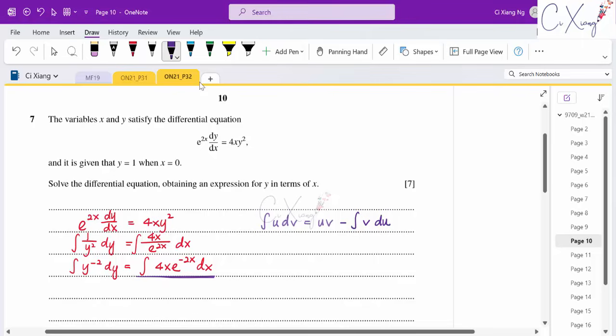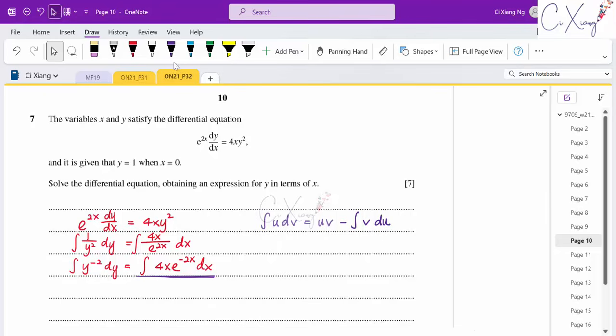To apply the integration by parts formula, you need to identify which one is u and which one is dv in your question. You have to identify which term will be my u and which term will be the dv so that I can apply the formula. To decide u and dv, there's a small rule. I hope that you still remember it. According to the rule that we have, you should follow the